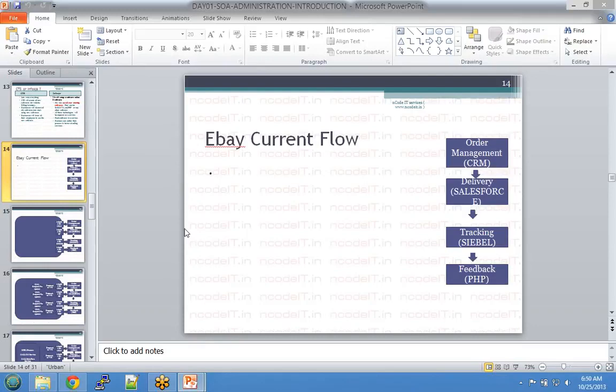What's the status of it? If it hasn't reached, then what should we do, or do we have to reship it, or those things. That's a tracking part. Once the item is received by the customer, there is one more important step, the feedback. It's really important for eBay that you provide your feedback so that they can improve the service. So these are 3 or 4 of the